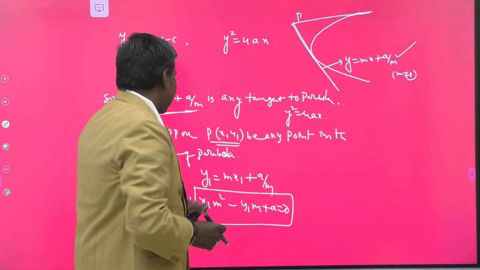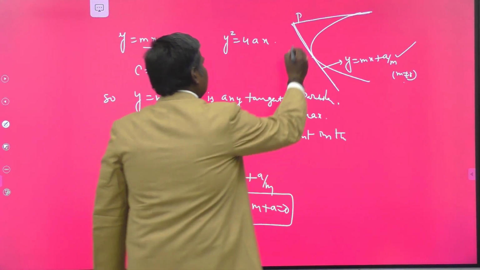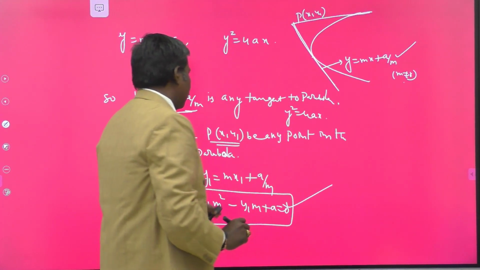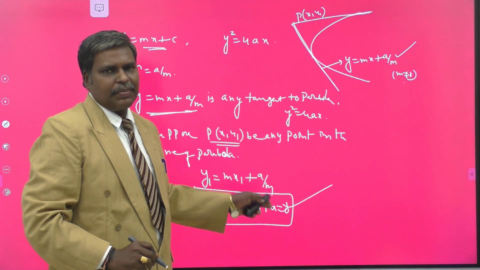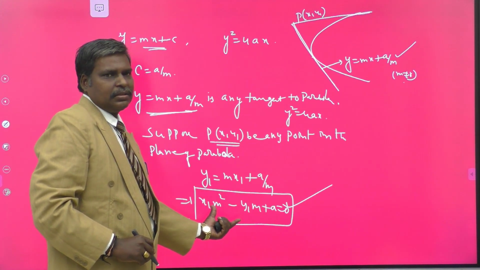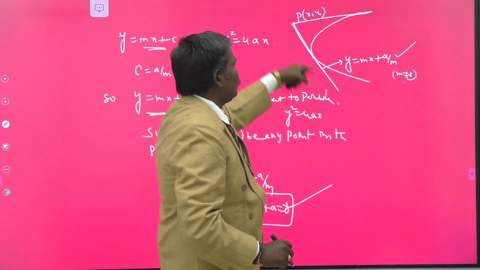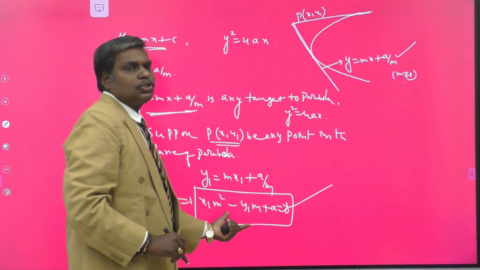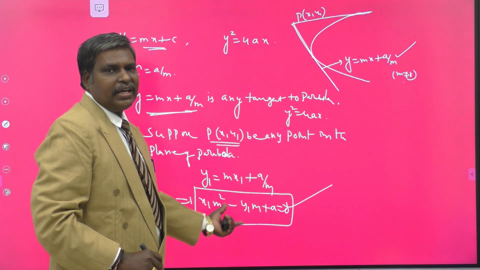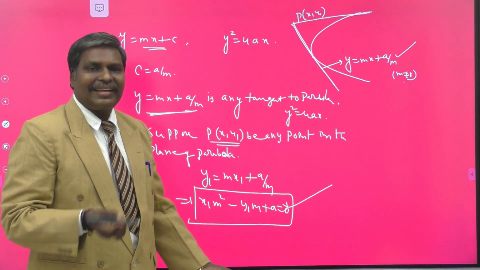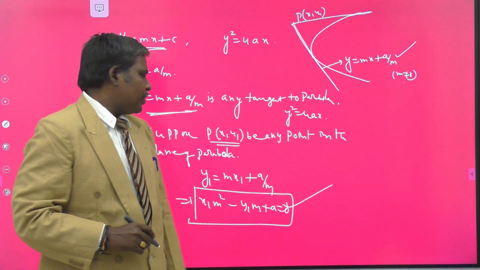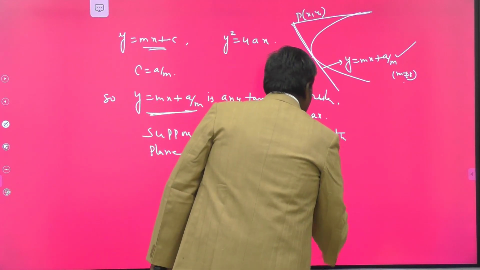Understand? So (x1, y1) is my given point. This is a fixed point. So clearly it is a quadratic equation in m because m is variable here. If its roots are real and distinct, then we can draw two tangents. Its roots are nothing but the slopes of the tangents, because m is the slope of the line. Its roots become the slopes of the tangents through the point if that line passes through my point P(x1, y1). So it is a quadratic equation in m.